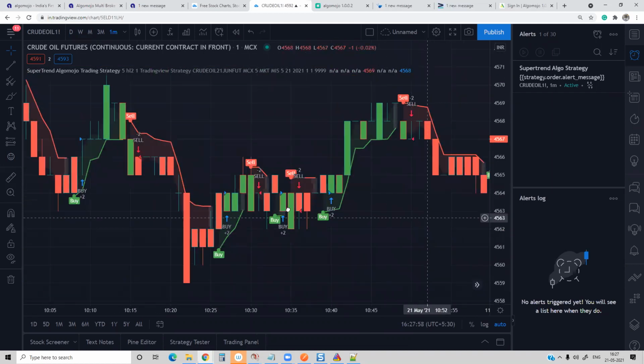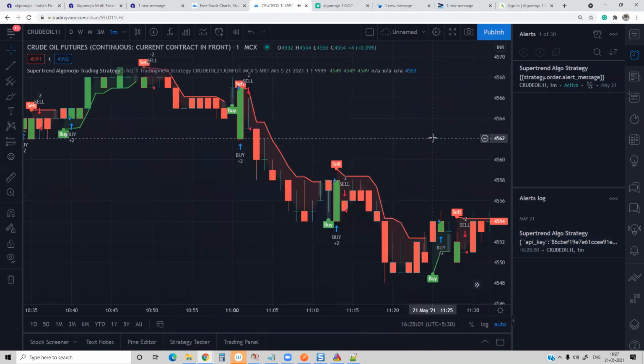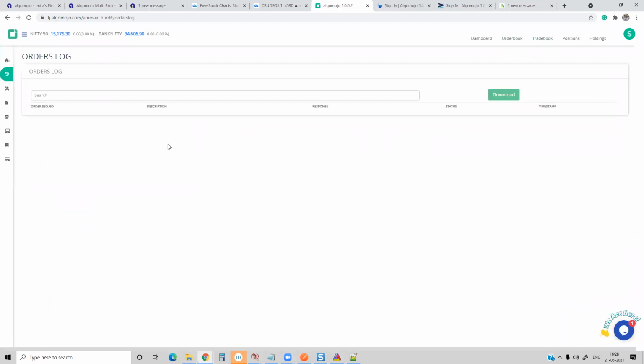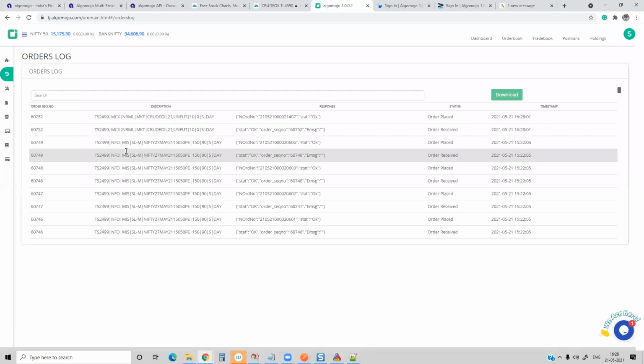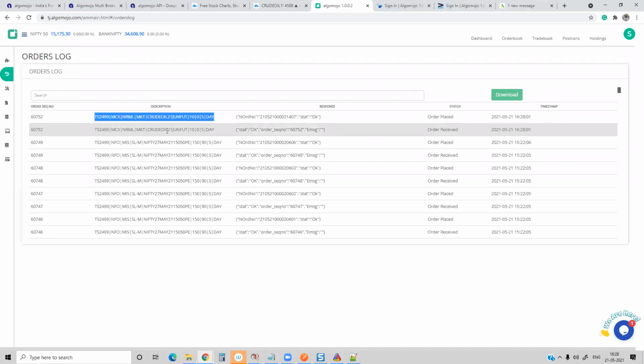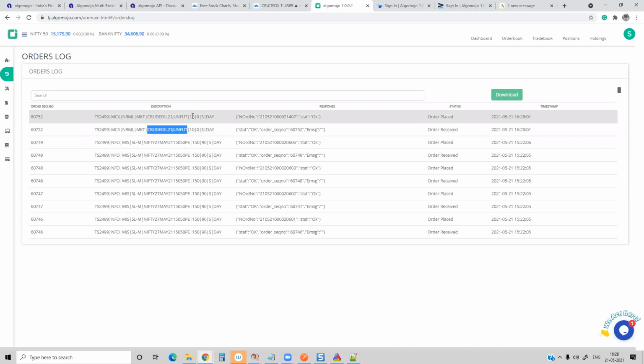So what to do if I'm already having a position? If the alert has been punched, you would have seen that the order is also punched immediately. The very next moment it will be available. You can see these things in the order log section. Under the log section, any orders that you are sending automatically, you'll be able to see. So it had taken crude oil, 10 lots. Why did it take 10 lots?